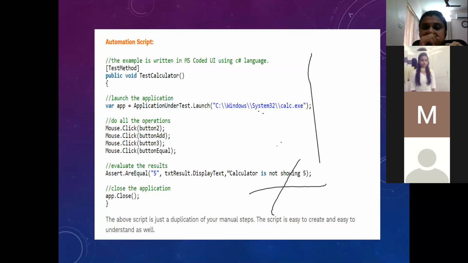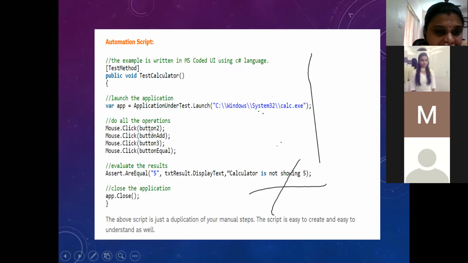This is how your automation script will look. A very simple one written in C#, though you can use any scripting language. The major application which is put under test is generally called your AUT. All of you would have heard about SUT, system under test. So you can either say system under test or application under test. How simple it is to write this. All that you have to do is, I'm using these C# related APIs here, and you launch your particular exe.